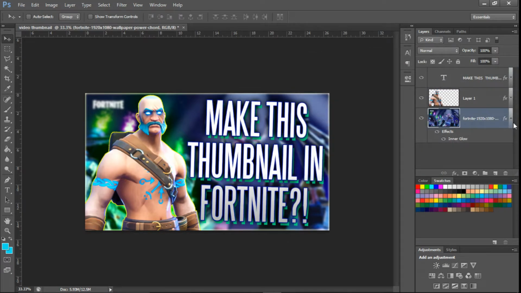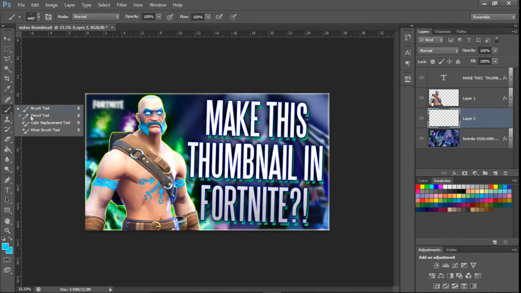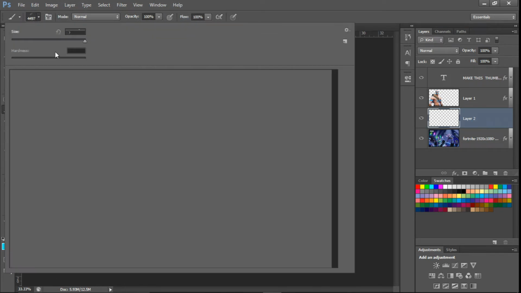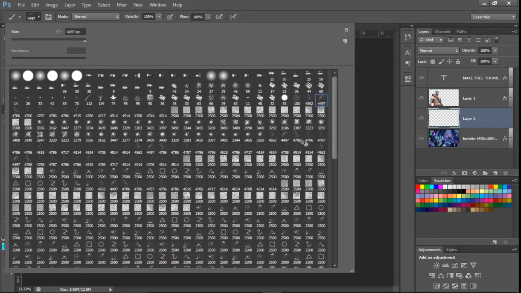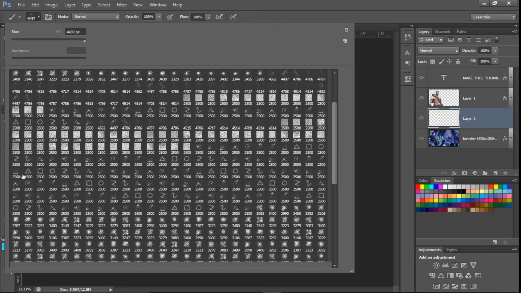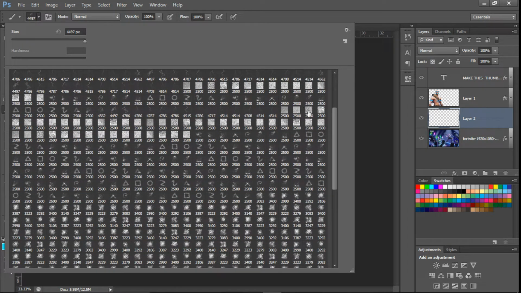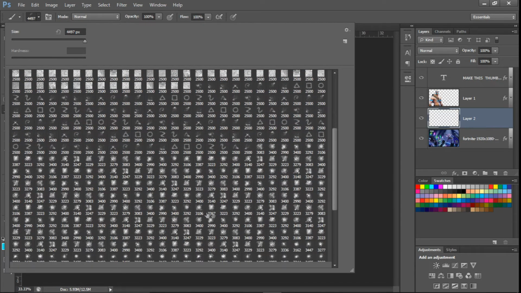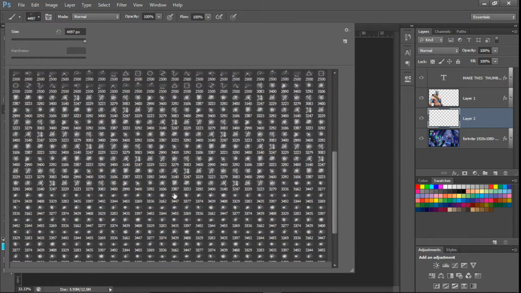And what we're going to do now is put another layer above the background so that we can add some brushes, right? We're going to use some brushes on this thumbnail that we got going on. Now, if you guys need brushes, there's a billion places you can get Photoshop brushes or brushes in general. You can add to your stuff and really elevate your brush game, right? So I have all of these textures right here. I have all these random shapes, and as you go down, I have all these explosions. You know what I'm saying? They just add a lot to your